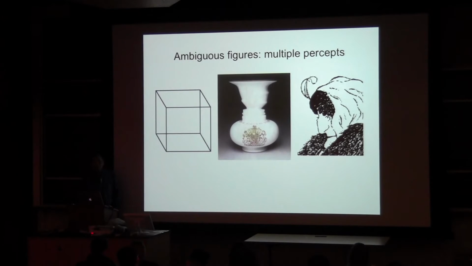Those things are very famous. This is the simplest one, called the Necker cube. If you stare at this for long enough, you may look at it two different ways. Maybe the first percept is that you see this shape here as the bottom of a cube. If you look at it long enough, you may think about